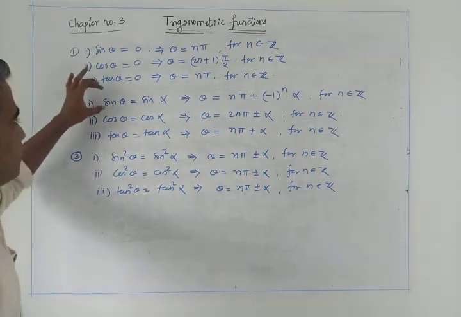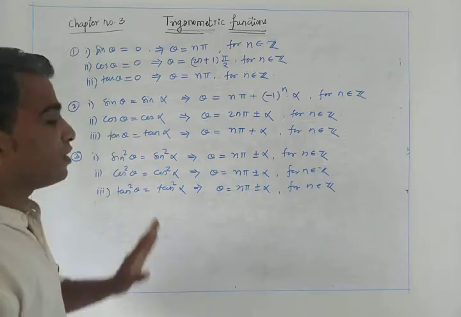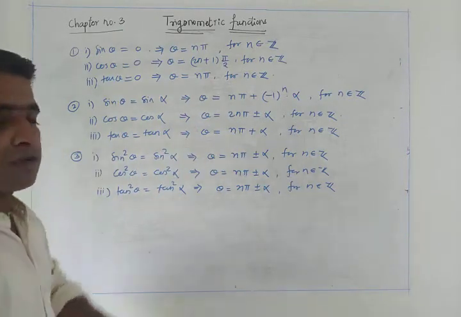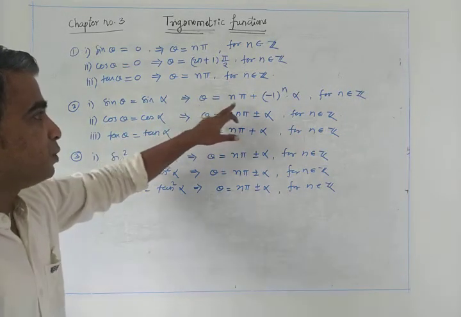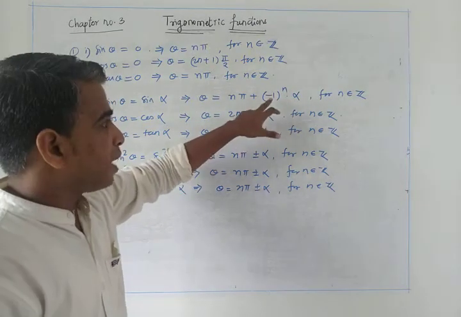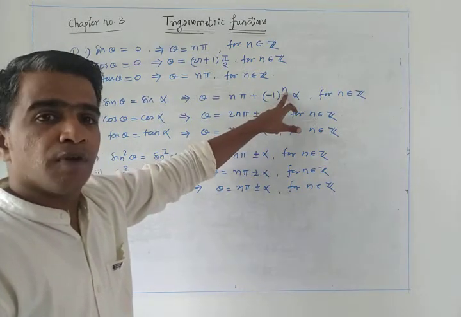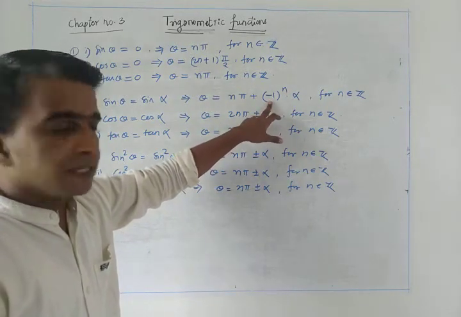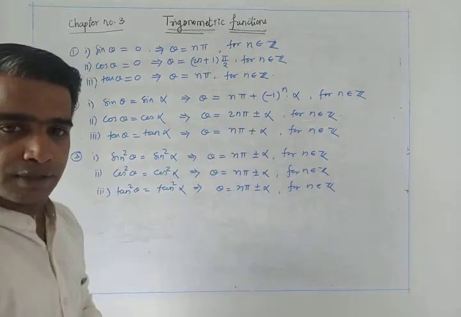In the second set, the function sin theta is equal to the same function sin alpha. The only difference is the angles, alpha and theta. Then how to write one angle in terms of another angle, that we have to learn. Here the value of theta can be written as theta is equal to n pi plus (minus 1) raised to n into alpha. This minus 1 raised to n, the sign either positive or negative, depends on the value of n. If n is an even number, then minus 1 raised to an even number is a positive sign, and if n is an odd number, minus 1 raised to n has the sign minus.